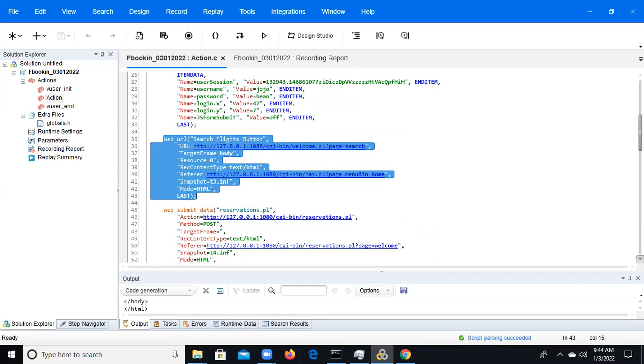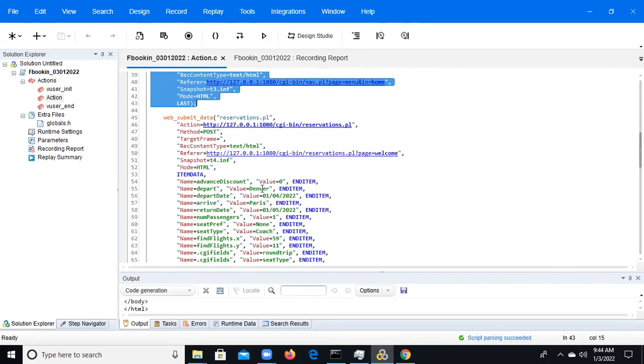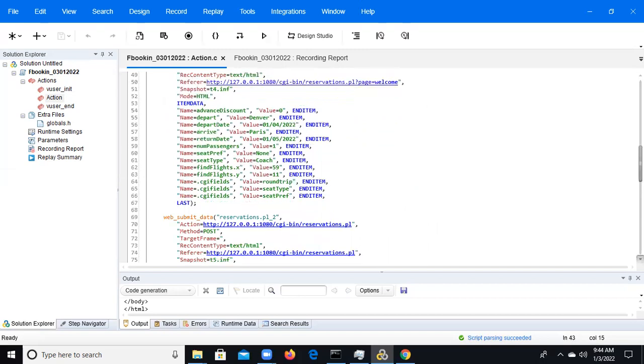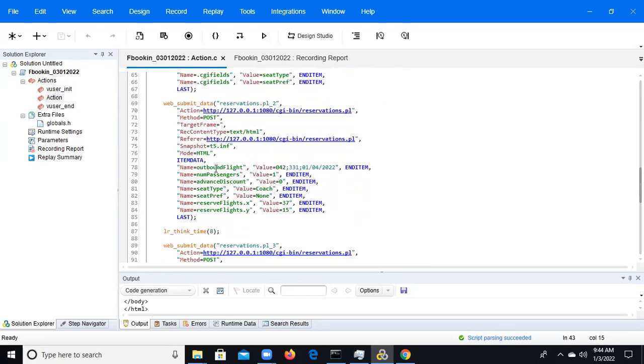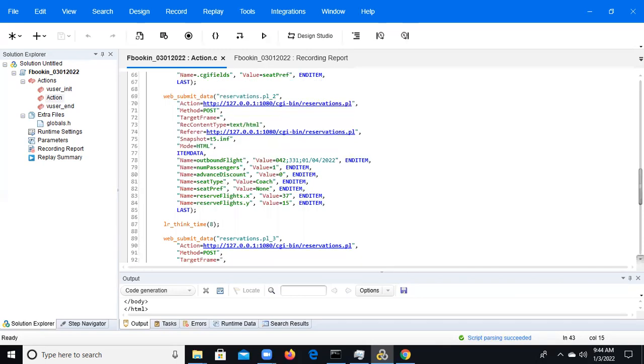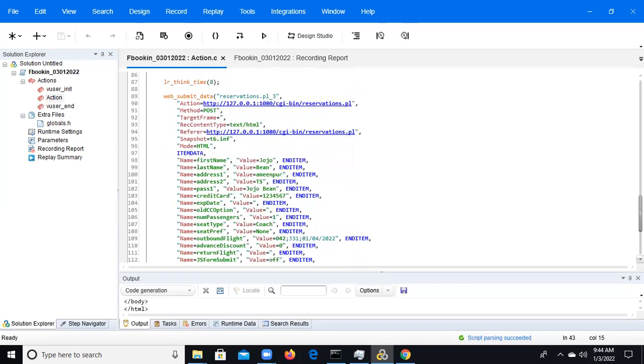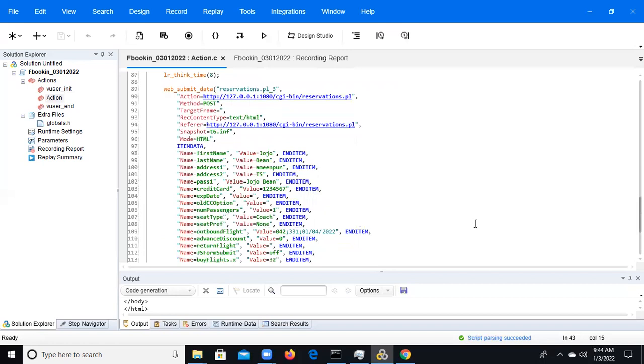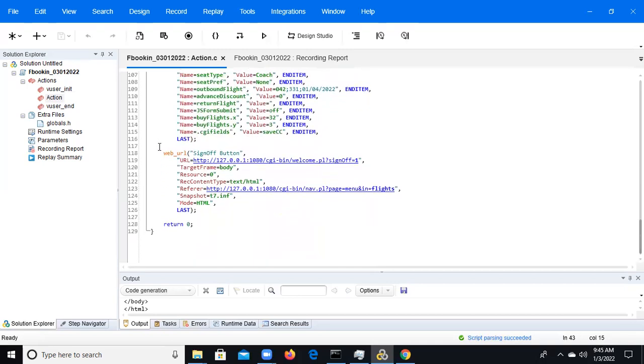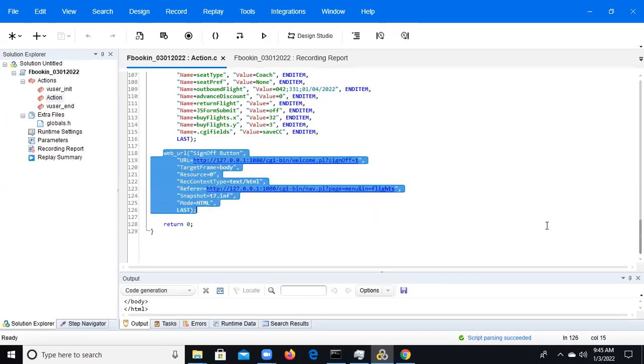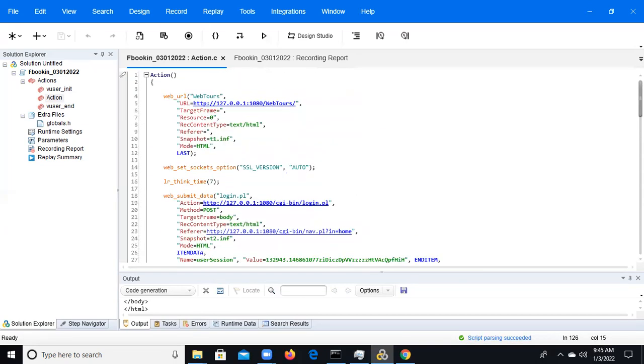After that we selected the source and destination, Denver as departure and arrival. After that, in the flight selection, we selected the outbound flight with its cost and the date of the flight. After this we entered the payment details: credit card number, address 1, address 2, and the final step is sign up. So we need to check that the entire script and everything is recorded.